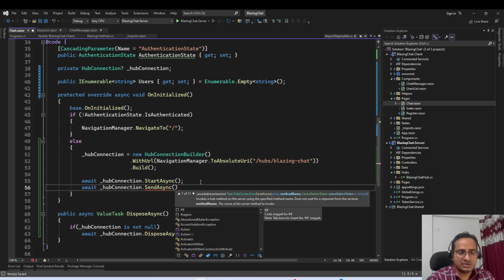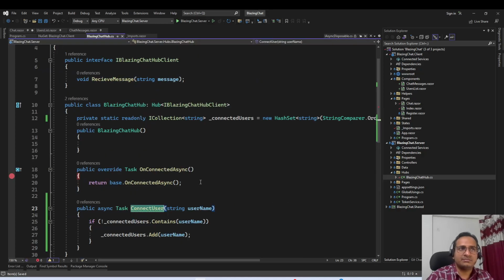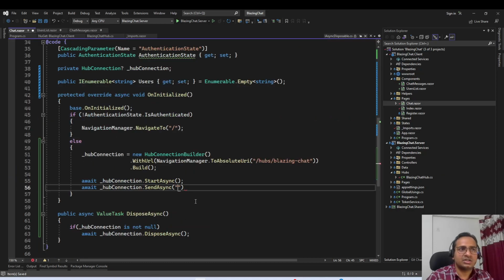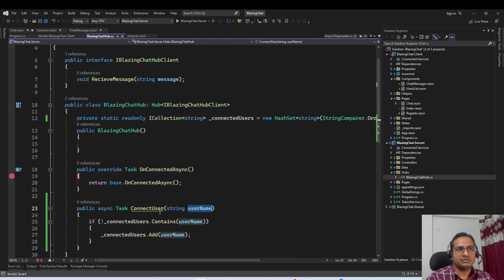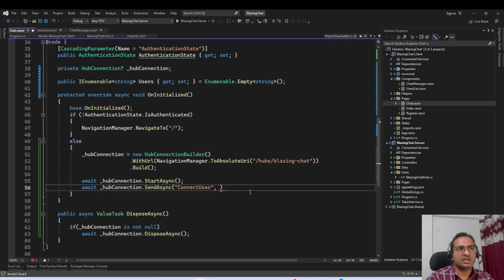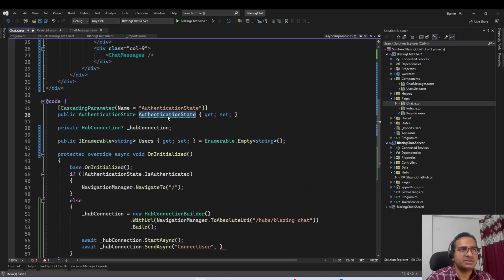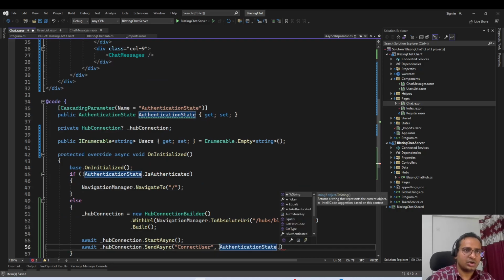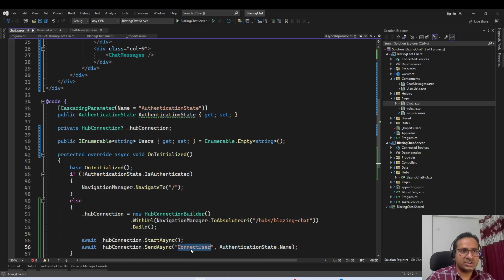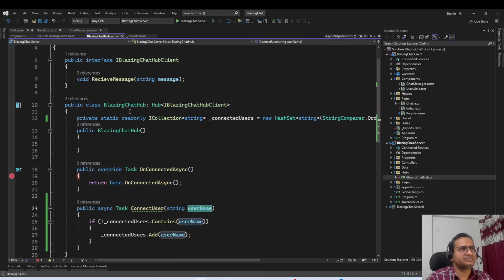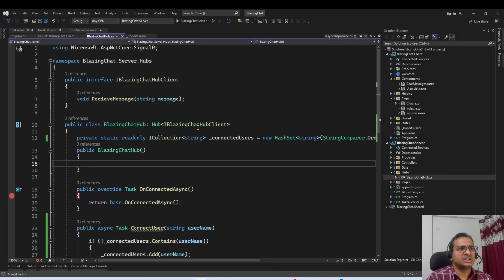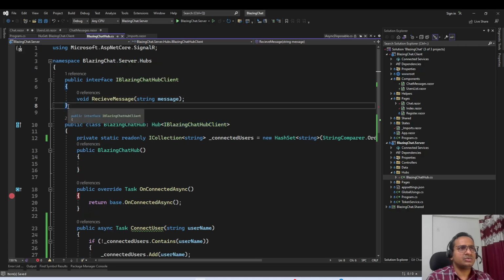So send async, first thing, it needs method name. So method name is this connect user, and then second would be the parameter, that is username in this case, and username is display name in our case, so we can use authentication state dot name. Now this connect user, we are hard coding it. So instead of hard coding, let's use